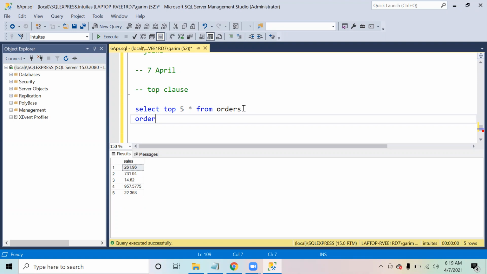Okay. See, now you might be wondering why you will be using this command, select top 5, right? Why will we write that we would just like to see the first 5 rows from that table? So what happens is, when you work in real time scenarios, on real time projects, and when you join any firm, the companies already have databases created, and every database is very huge. They will be having millions and millions of records in the tables.